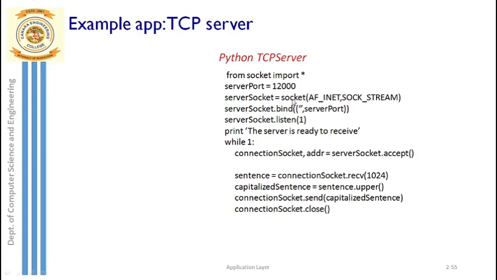Next comes our function socket. Same way as we did on the client side, TCP client. SOCK_STREAM only is used, which indicates TCP. This time, which socket are you creating first? It is the welcome socket that you're creating first, and you name that welcome socket as server socket.